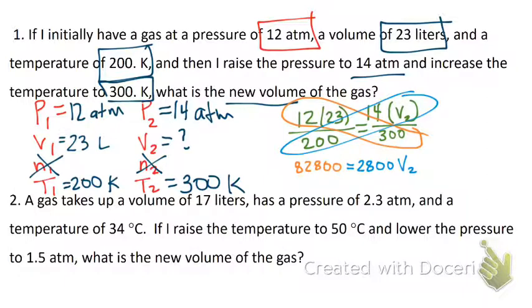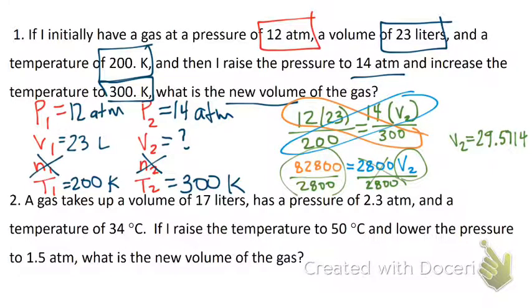It's really important that you write that down, because writing that down helps you know where you're going to be dividing. We are always going to be dividing by whichever number is with that V2, that number there. The thing I'm trying to find, I need to get that on its own. By the end, I want to say V2 equals. I just want to have V2 by itself. So I'm going to divide by 2800. Of course, I have to do it on both sides. That means this cancels out to give me V2, and I just need to plug this into the calculator to get my answer out. So we're doing that divided by 2800, and my answer straight out of the calculator is